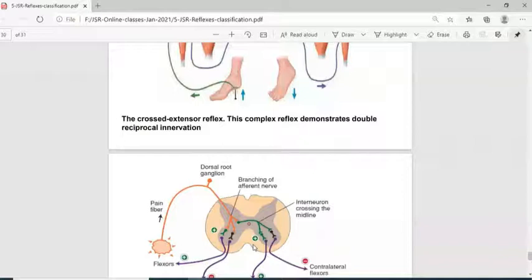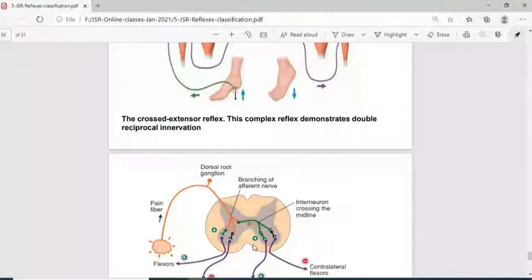If you do not state the result, you do not get full marks, because it is also a part of the examination. So supposing you have got the reflex, you felt the muscle contraction on both the sides, then you have to say the result is the deep reflex, that is the knee reflex in this case, is intact on both the sides. That means knee reflex is present on the right side also, left side also. Okay, so you have to say knee reflex is intact on both sides. So that will complete your examination.